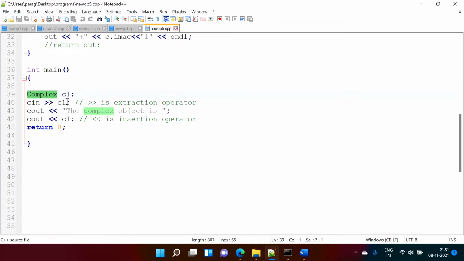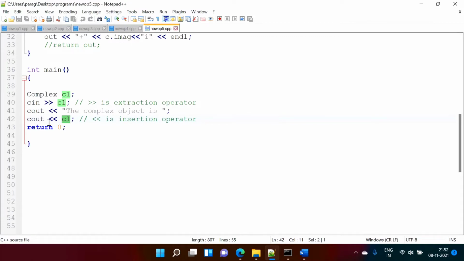In the same way, cout is an object of the ostream class while C1 is an object of the complex class. Again, both are objects of different classes, and because of that we need to write the operator overloading definition of this operator outside these classes.